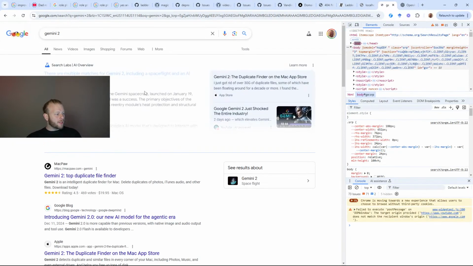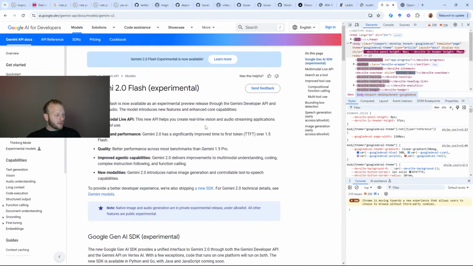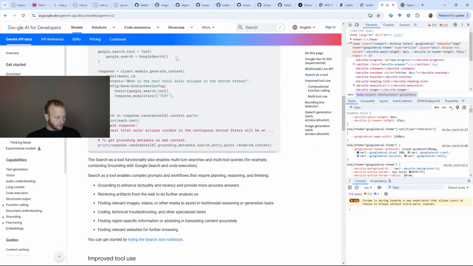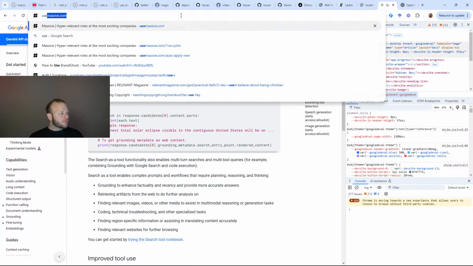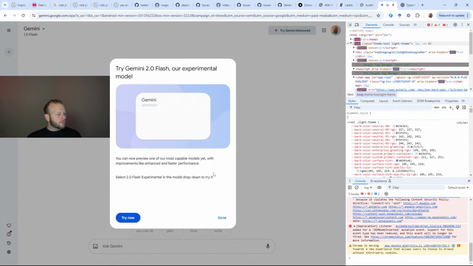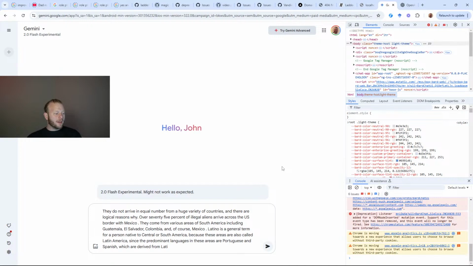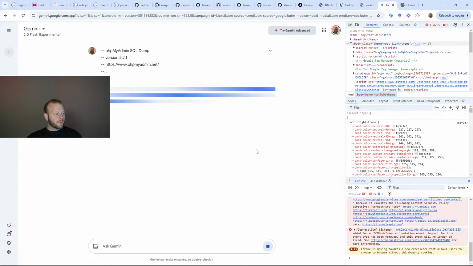I don't know if Gemini 2 is... Okay, so yeah, Gemini V2. Maybe this will work. We'll see how smart it is.